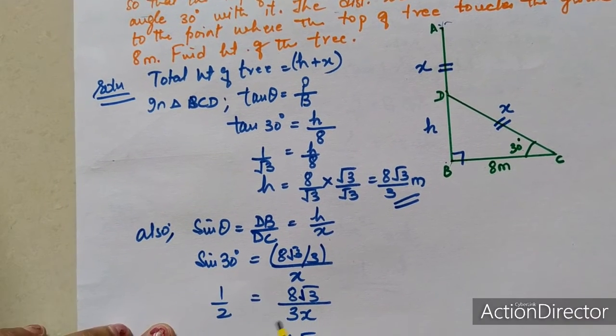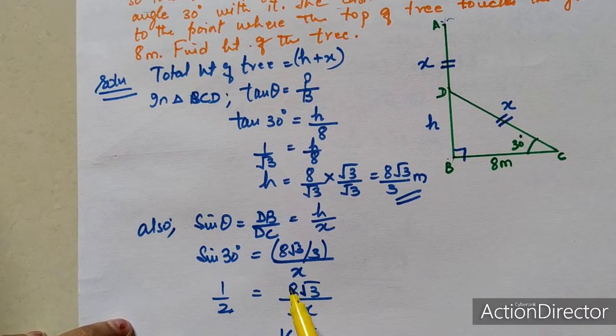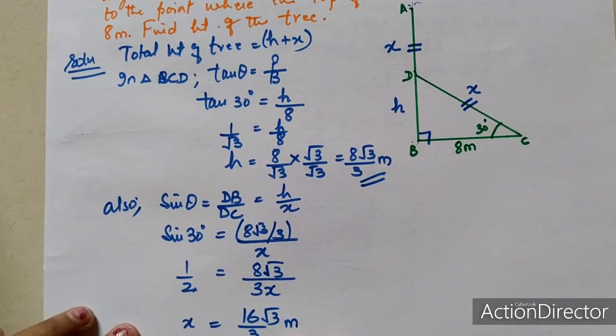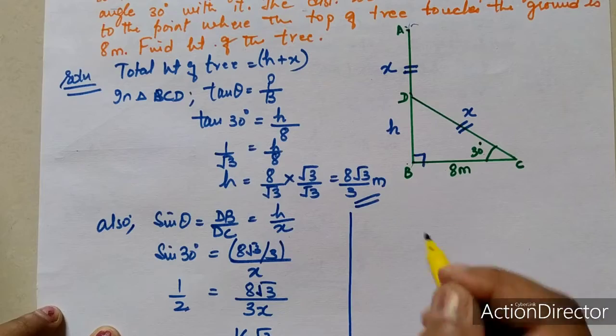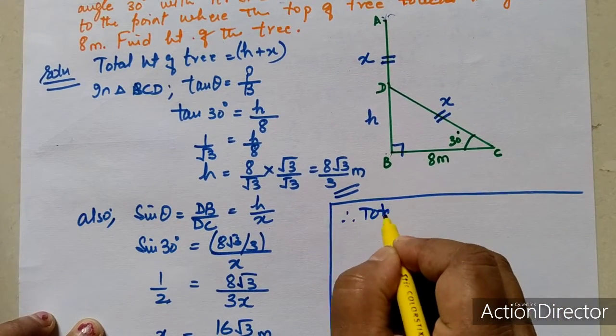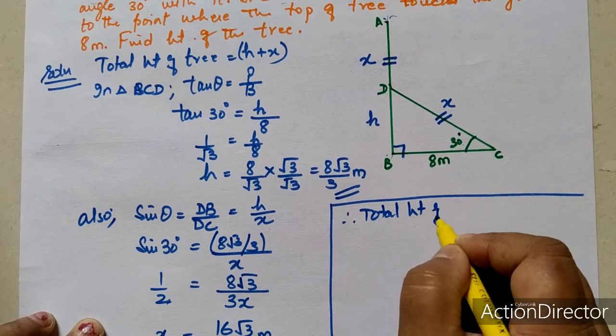x cross multiply करेंगे, ये 2 यहां मल्टीप्लाई हो जाएगा तो 16√3/3 मीटर. ये उसका ब्रोकन पार्ट निकला. बट वी वांट टू फाइंड आउट टोटल हाइट. तो यहां लिखेंगे देयरफॉर टोटल हाइट ऑफ ट्री